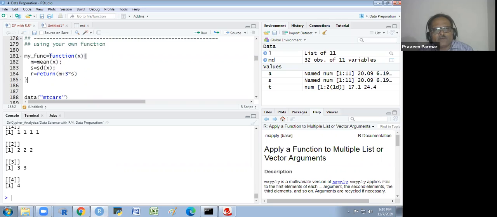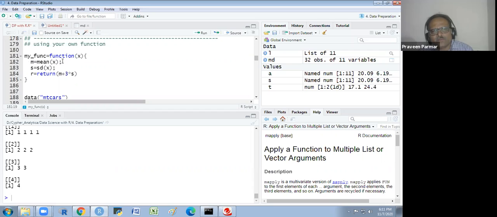Now I am making my own function, and that function name is my_function. This is the function keyword, and here I am putting x. x is a variable, any variable we have, and m is the mean of x.